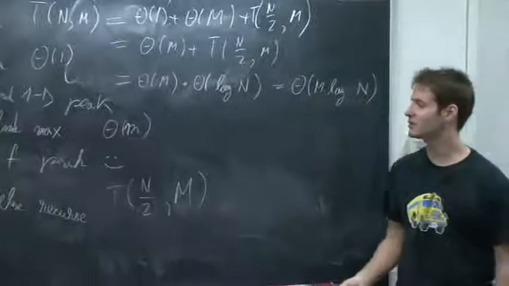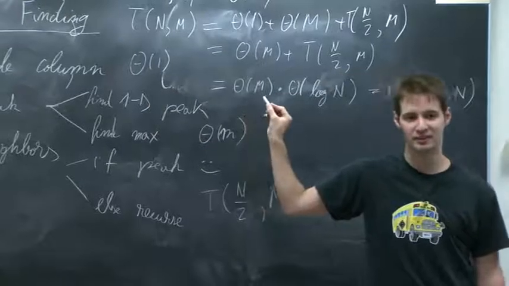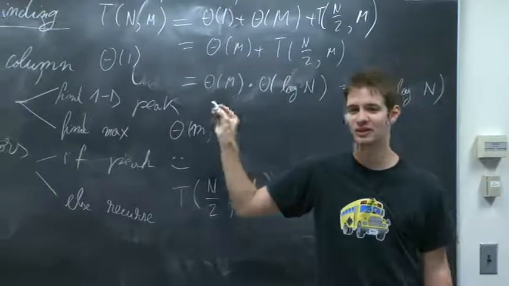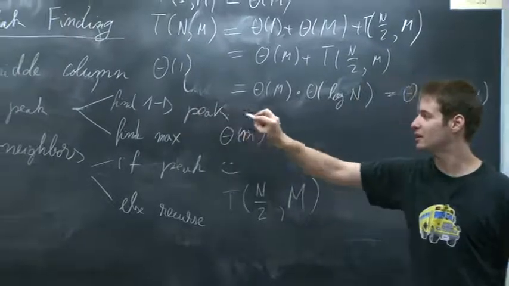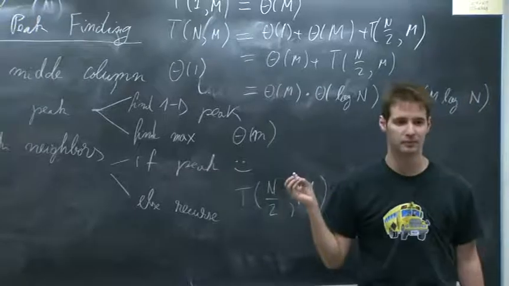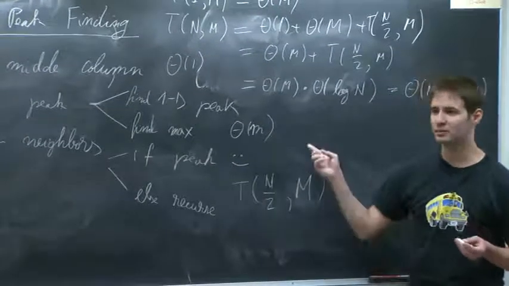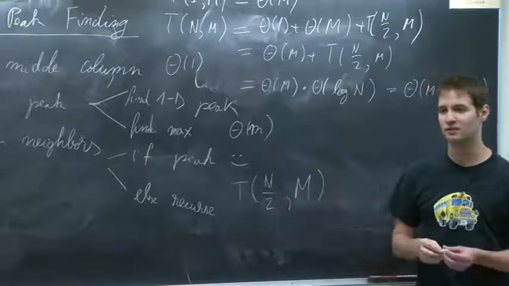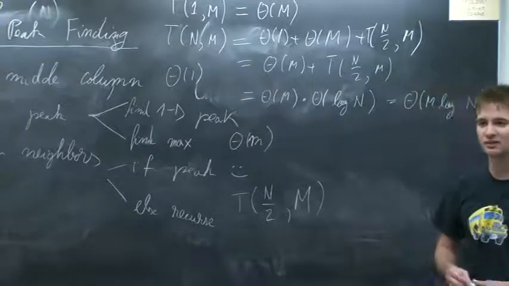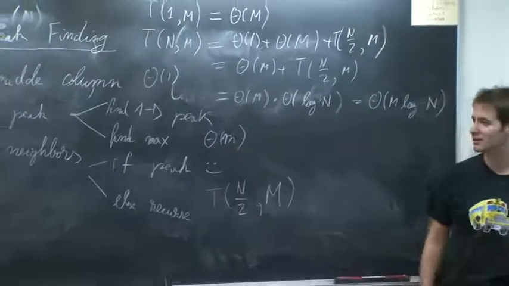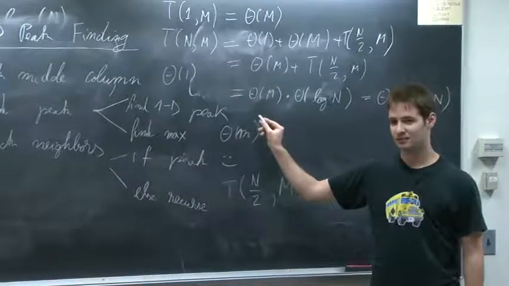All right, I think I have 30 seconds. So what if I would try to do this algorithm instead? It's another 1 minute question. So I guess I'm cheating. I'm taking time away. Sorry. So what if I would be finding a 1D peak instead of finding a maximum? I'm looking at the running time because if the running time is going to be the same, it's not even worth thinking if it's correct or not. If it's a more complicated algorithm with the same running time, why care about it? So is the running time going to be better? Okay, I heard a nod. Why? Won't it be log m times log n?